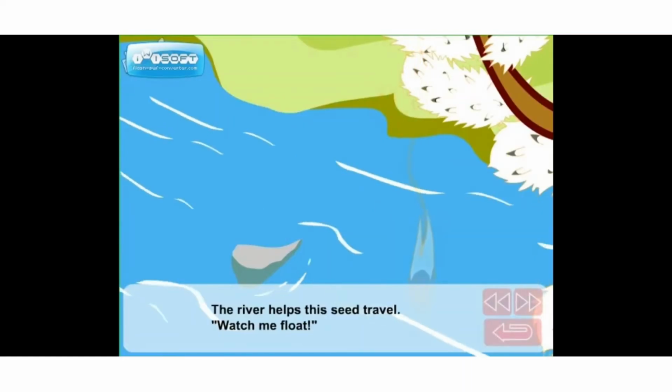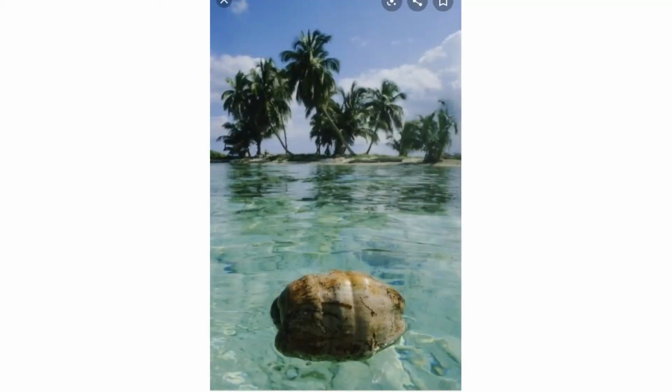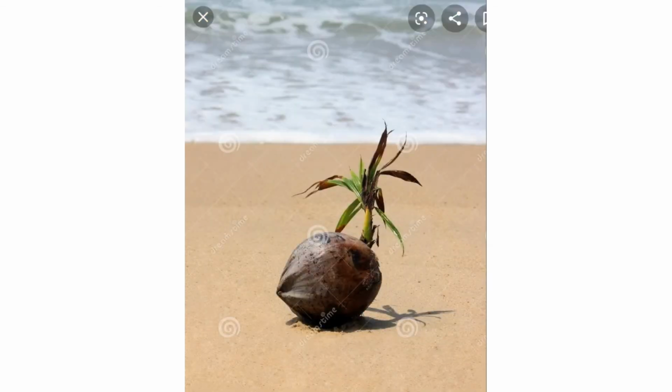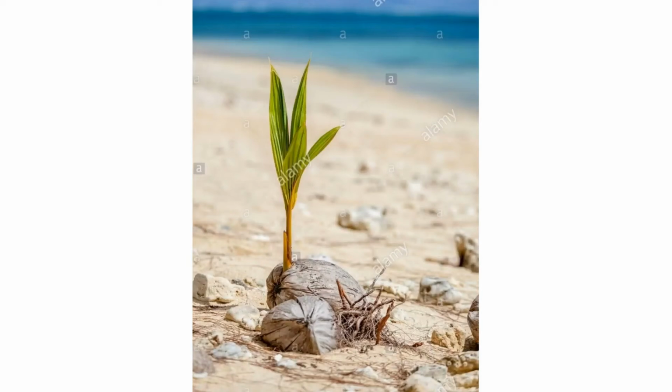A few seeds are dispersed by water. The best known is the coconut, which has a spongy layer of fibers around it. These trap air so the coconut can float. Sometimes for hundreds of kilometers from one island to another, the seeds of the coconut tree will flow and reach another island, thus reaching far from the parent tree.